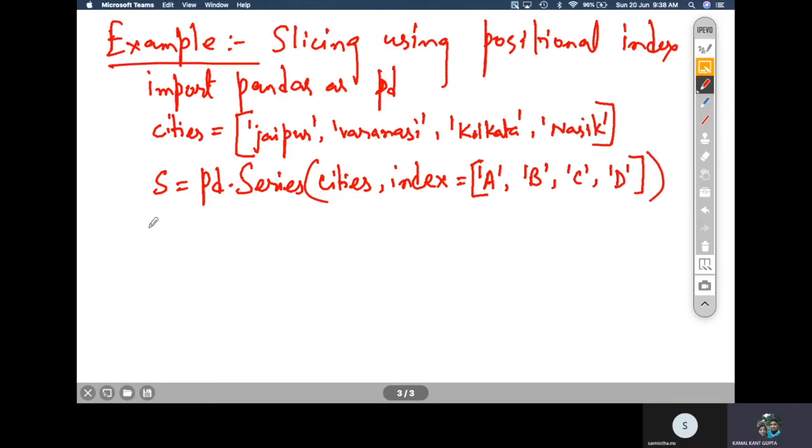Okay, so now what you can do is slice the series S using index.